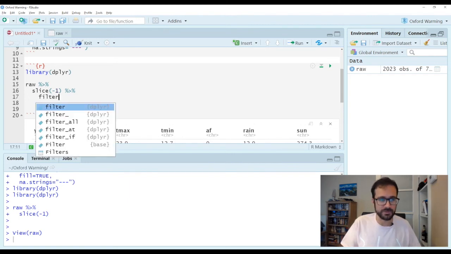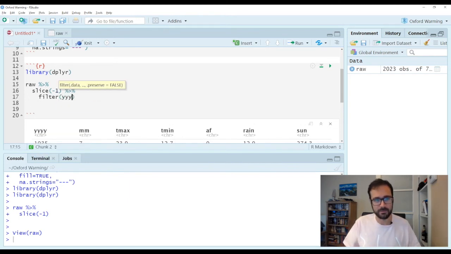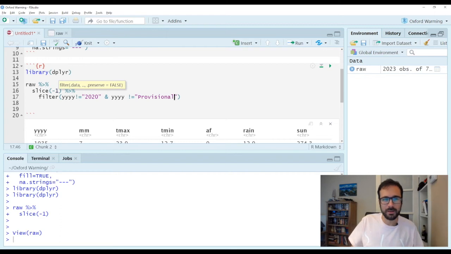So when I do my filter, I'm going to say I only want real data. I don't want this provisional data. So I want year not equal to 2020. And I want year not equal to provisional. Again, make sure that's an and rather than an or.